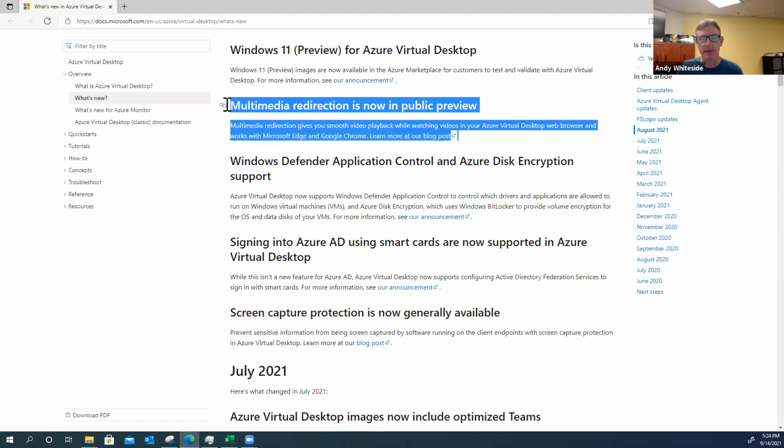So the next topic in the updates here is multimedia redirection. Looks like this is focused on Chrome and Chrome derivatives of browsers. Rob, thoughts on this one? Yeah, so this is one that I've been really looking forward to. When WVD came out, it was based on an RDP protocol, but back at, say, version 7, right? So at version 7, we didn't have multimedia redirection.